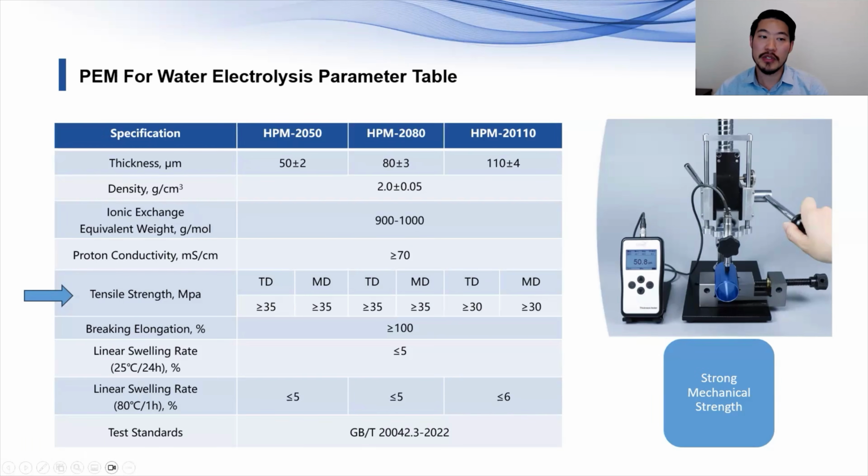Exactly. Swelling rate, conductivity, chemical resistance, and thickness as well. For electrolyzers, you want them to be thicker, because the membrane has to withstand the pressure from the hydrogen that's being created and pushing back.